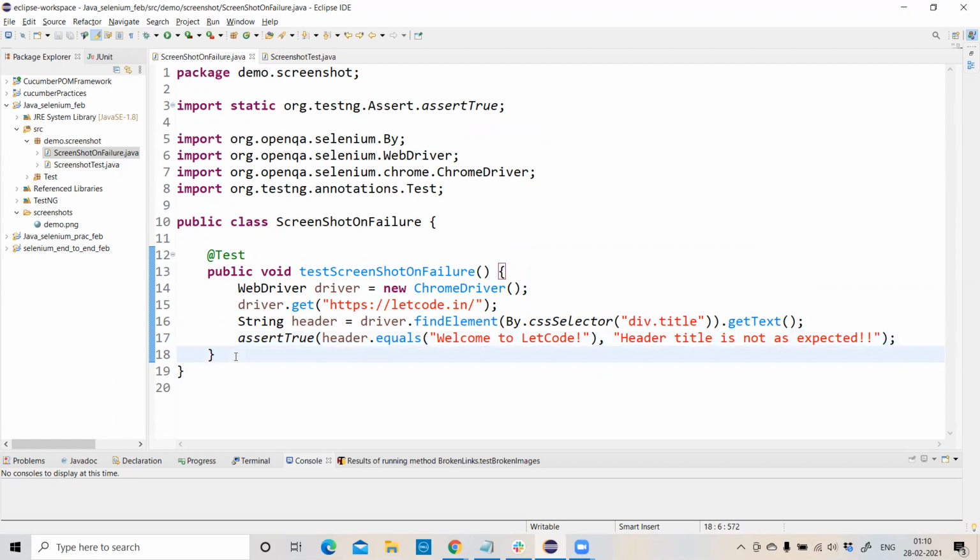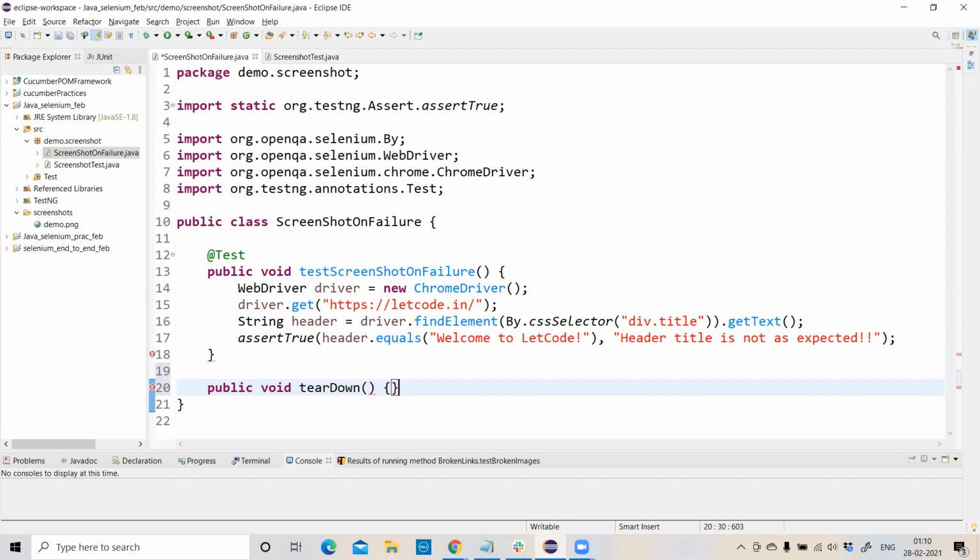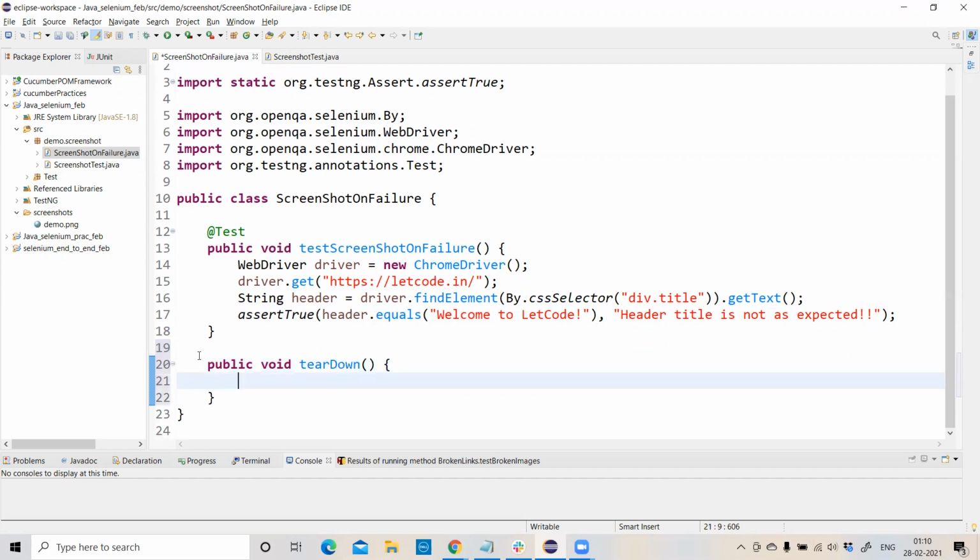Now let us write an after method to take a screenshot when our test fails. Let us write a public void takeScreenshot, or we can say tearDown.